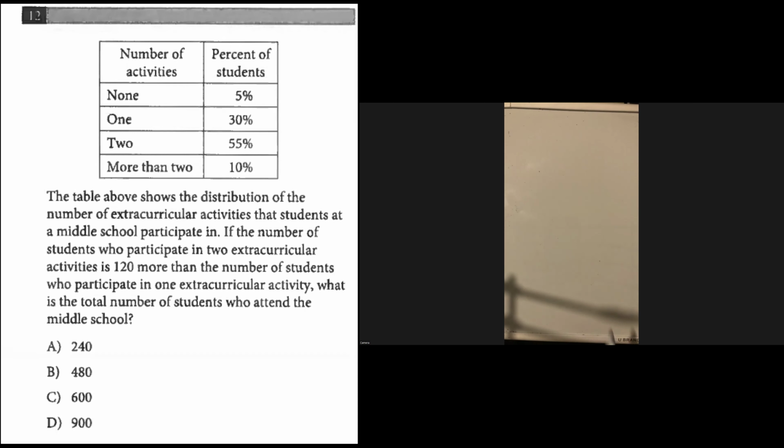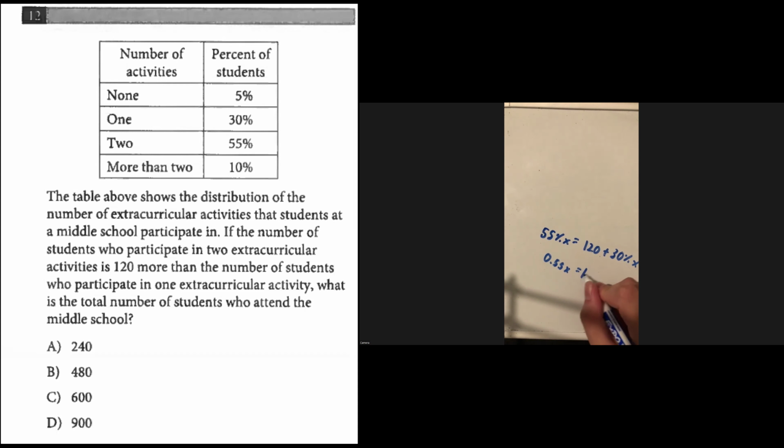Okay, so for question 12, we're told if the number of students who participate in 2 extracurricular activities, so 55% X, equals 120 more than the number of students who participate in 1 extracurricular activity, which would be 30% times X. Convert the percentages into decimals, so